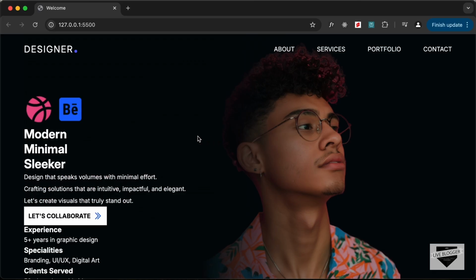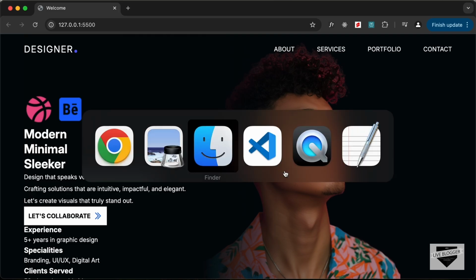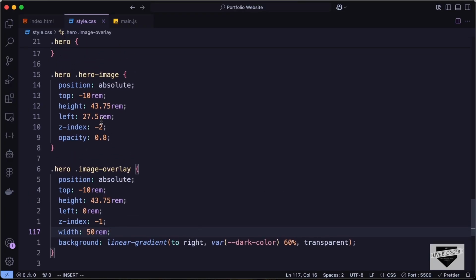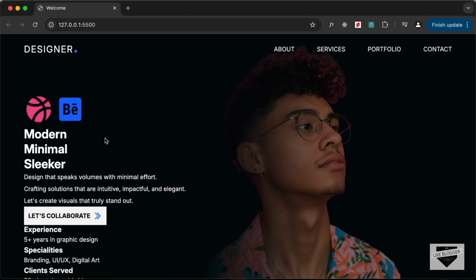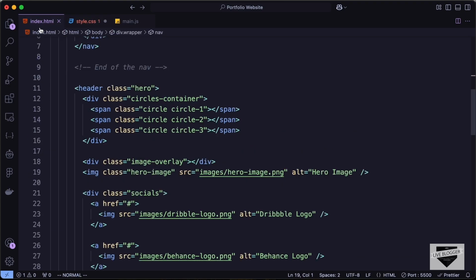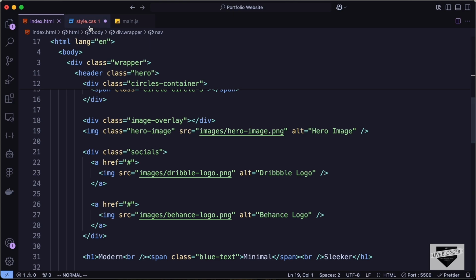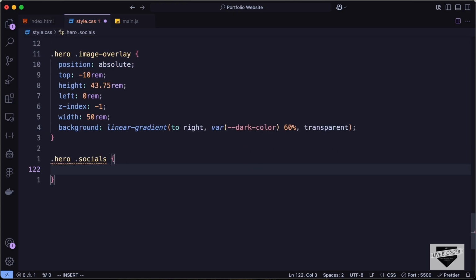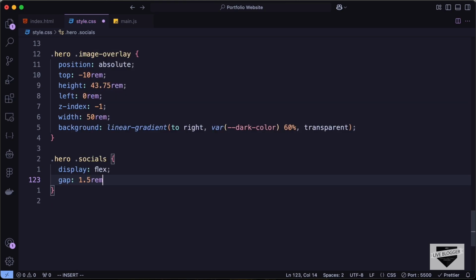And now if you go back here, we can see that this image starts from this dark color and goes to this color of the image. And I think we can decrease the opacity a little bit more. So let's go back, and here for the image, let's set the opacity to 0.6. Right, now let's go ahead and style these social icons over here. So let's type hero, and if you go to the HTML file, we have this division with the class of socials. So let's type socials, and let's set the display to flex so that they are one next to the other, and let's add a gap of 1.5 rem, and let's set a margin bottom of 1 rem,